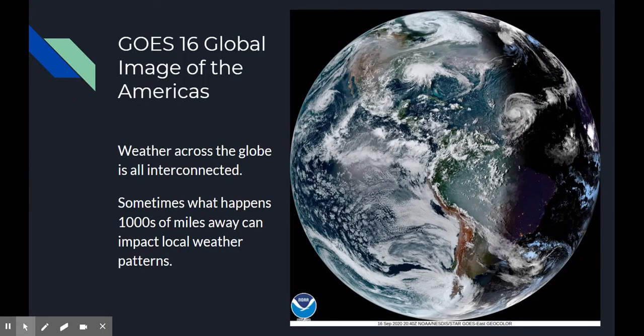This is a satellite image from our GOES-16 satellite, and it shows visible imagery that's been colorized to depict all the various weather patterns that you currently see on there. This is sitting over the Americas, and you can see various hurricanes, weather systems, clouds, open ocean, and even the smoke from our western fires on this image. Some of the weather you see can be thousands of miles away, but it may be having an impact on our local weather. It's all connected.